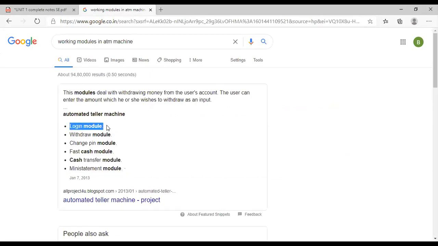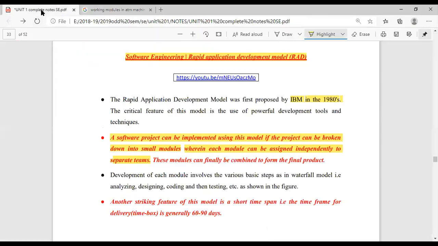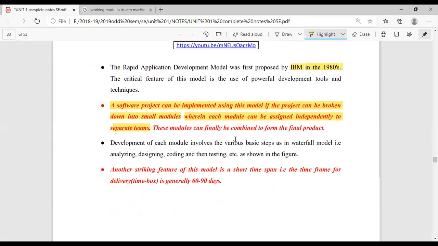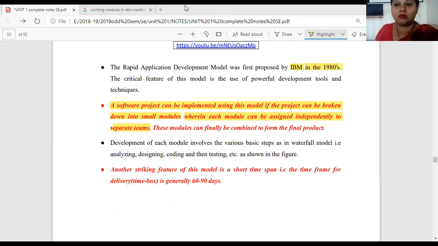The login module will be given to person A, the withdraw module will be developed by person B, the change pin module by person C, and the fast cash withdrawal module by another person. In this way, as many modules as there are, that many people start working on them. It means in rapid application development, you divide the entire project into modules.